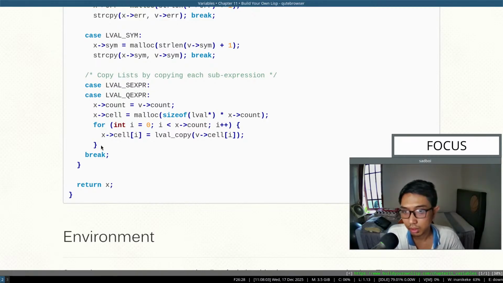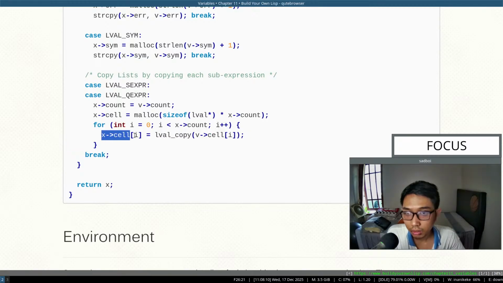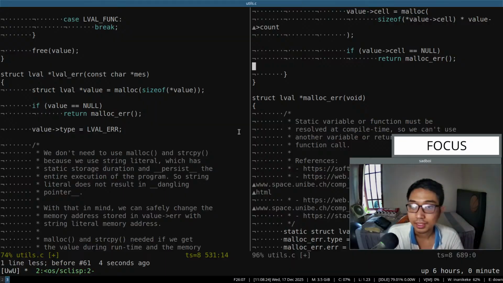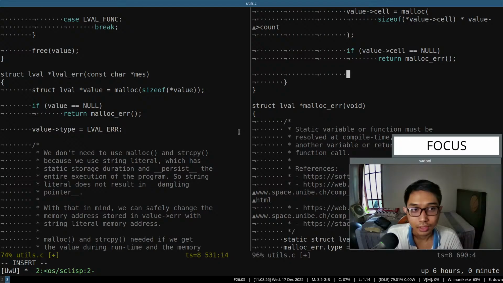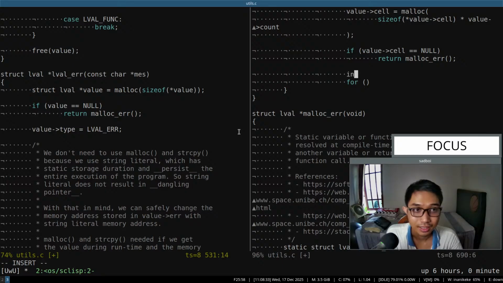Okay, so we are using looping to fill out this cell. Okay, another recursion. Okay, I mean, recursion can be hard to debug, you know. So